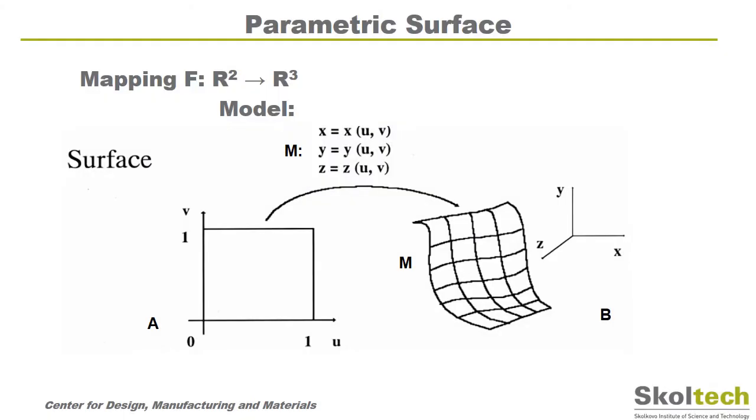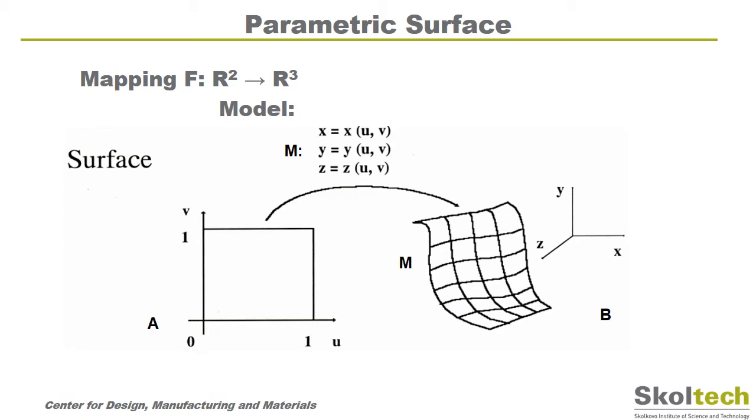A surface is a two-dimensional shape in space of any dimension. It means any surface patch has one-to-one mapping to a unit square. In the shown example, our known set A is a unit square. The new set B is a parametric surface. The mapping M is given by a set of parametric equations for each coordinates x, y, and z with the